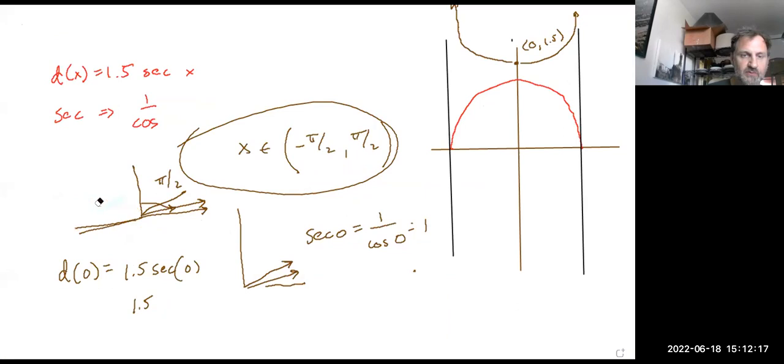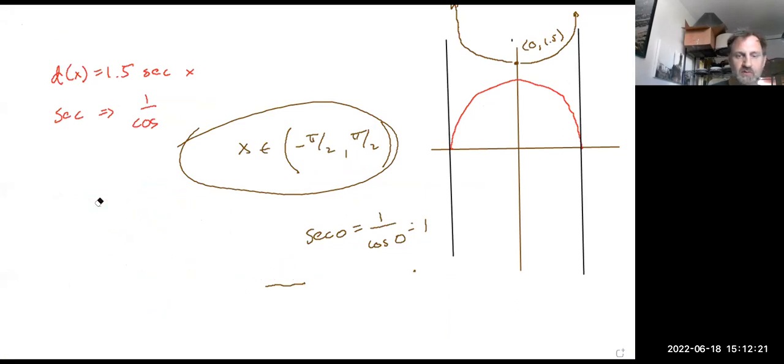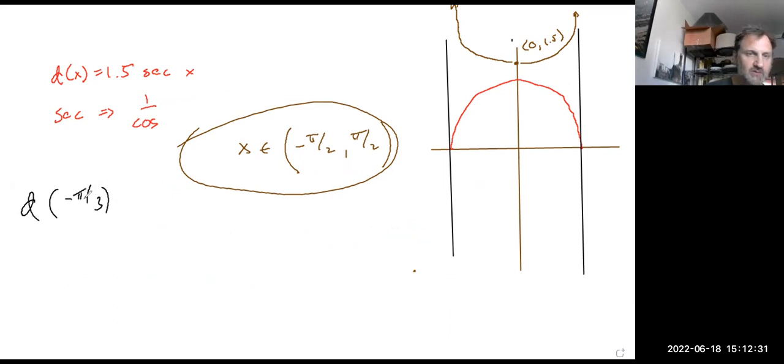So it asks us for a couple of particular inputs. D of minus pi thirds, I think was one of them. Yep, round to the second decimal place. Okay, so